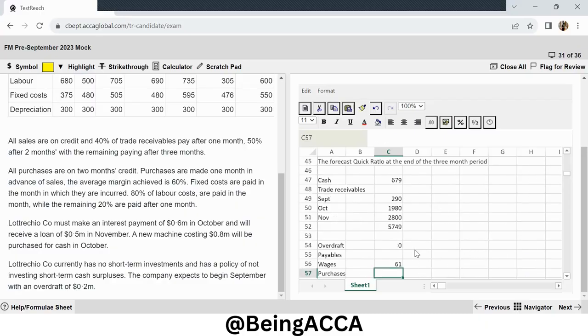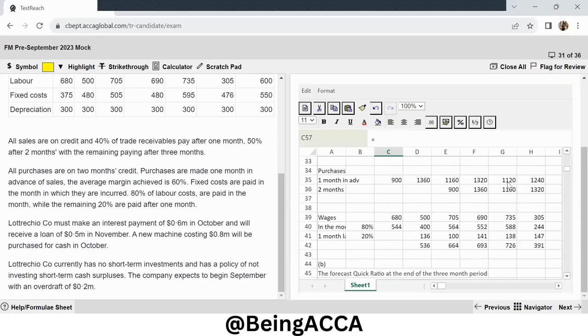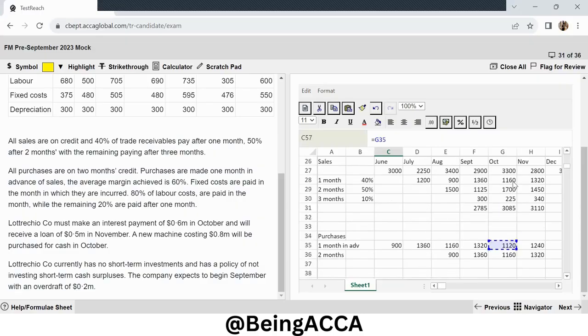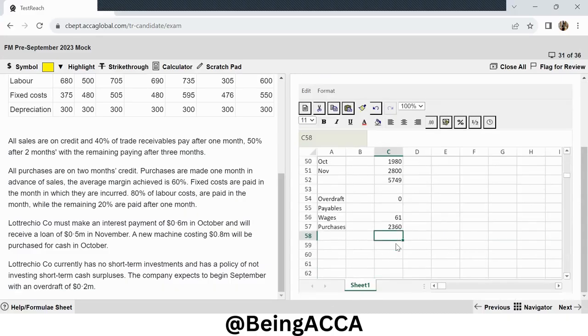Okay, so 61 is something that we have to pay, and for purchases we have to pay for the months of October and November. So purchases, this is for the month of October plus the month of November. So this is the amount that is left for our purchases. The sum of these three figures is going to give me my current liabilities, right? So with this, I can finally find my forecast quick ratio,